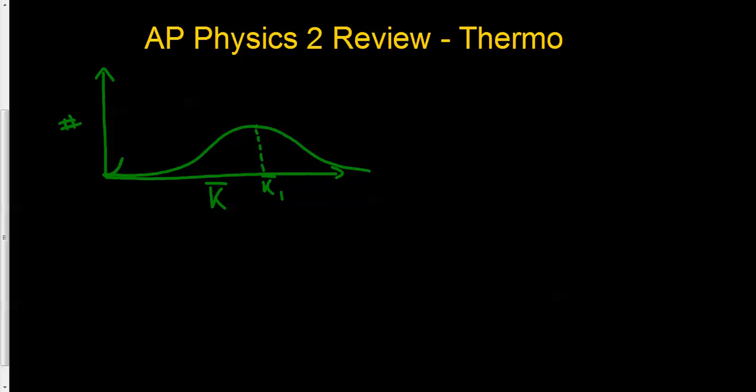Whereas if a sample is at a lower temperature, it is going to have a greater peak, but the value for that average kinetic energy, so let's say K bar 2, is going to be much smaller. So whatever this number is on the 2 side is going to be less than the value on the 1 side. All we see is that the sharper the peak, the lower the kinetic energy, meaning that this is going to be a cold substance and this is going to be a hot substance. Okay,